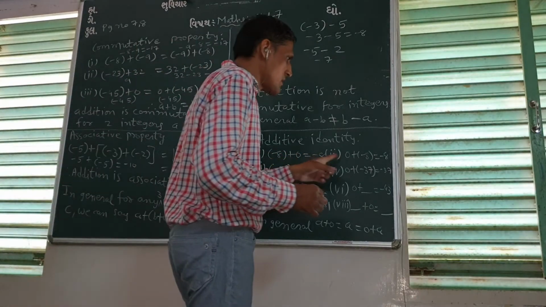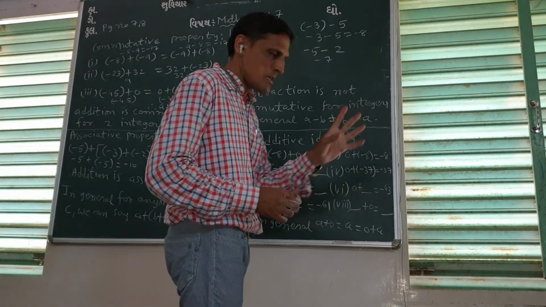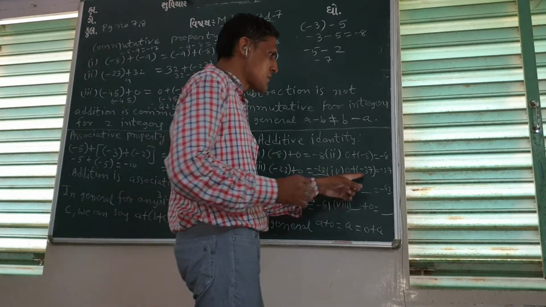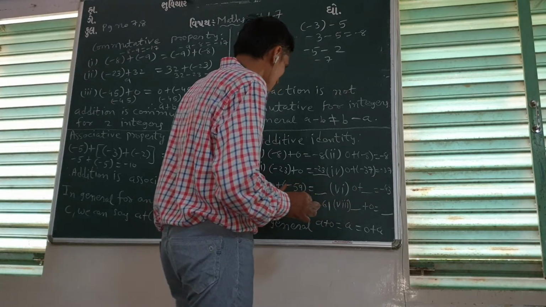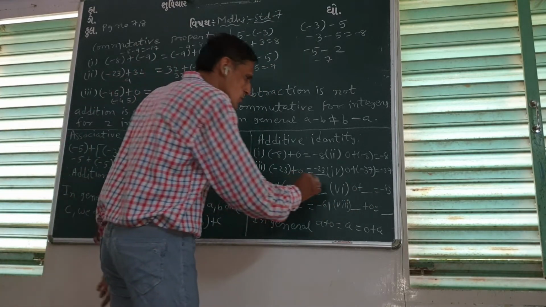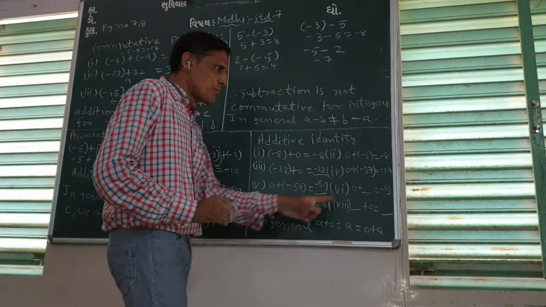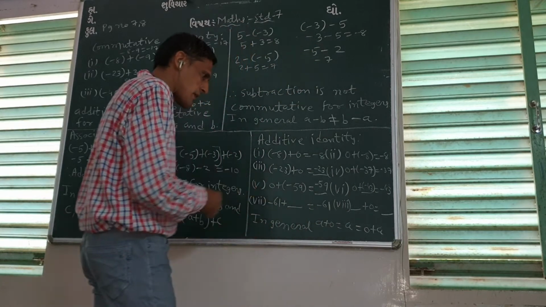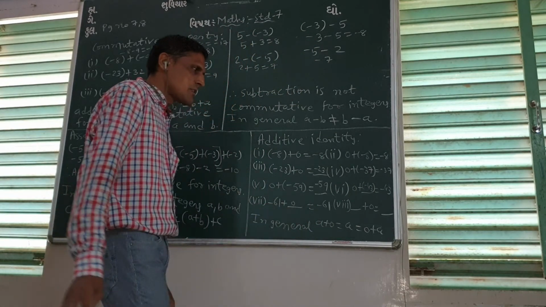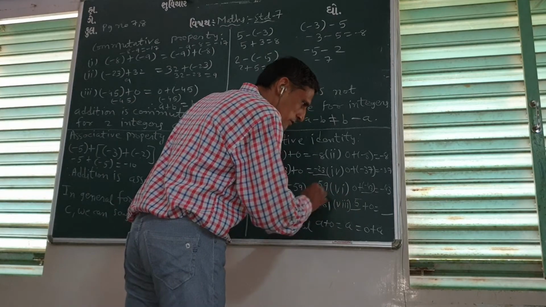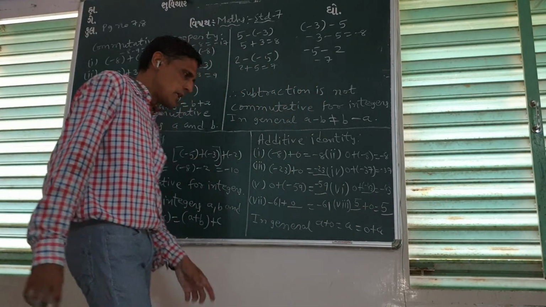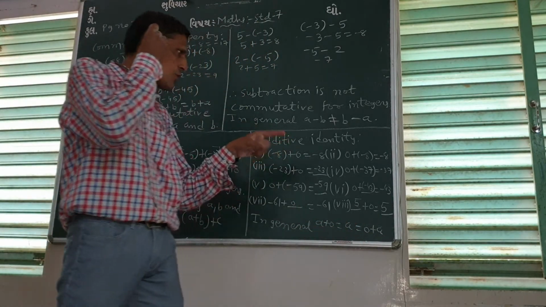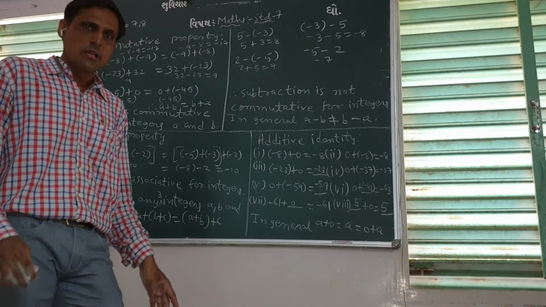-8 plus 0 is -8, 0 plus -8 is -8, right? -23 plus 0 is -23, and 0 plus -37 is -37, right? 0 plus -59, so it is -59. Then 0 plus -43 is -43, right? You write this by yourself. -61 plus 0 is -61. Here you can add 0 to any number, 5 plus 0 is 5, right? In general, a plus 0 is equal to a, and that is equal to 0 plus a. Write 0 in front or behind, the other number will be the answer, right?